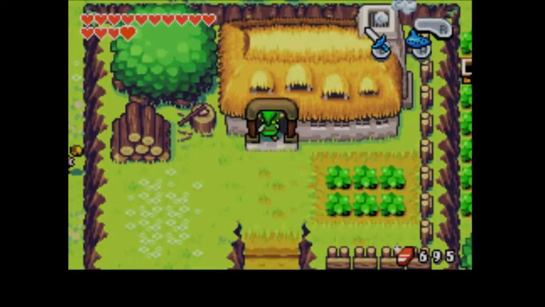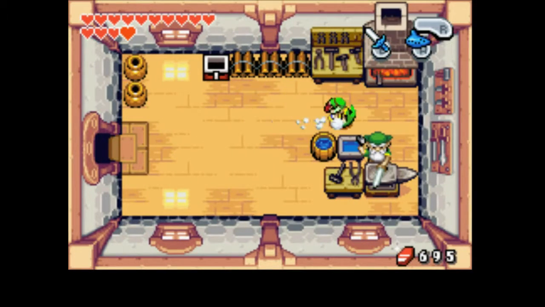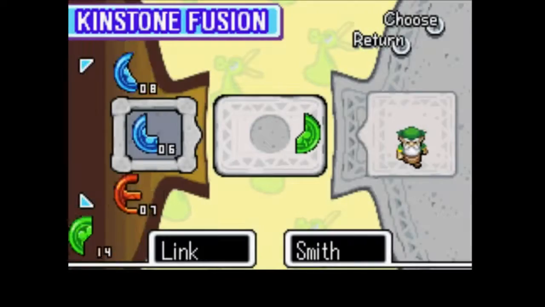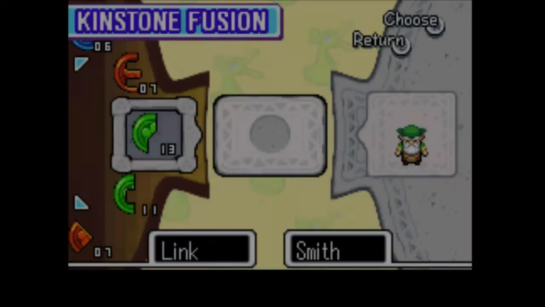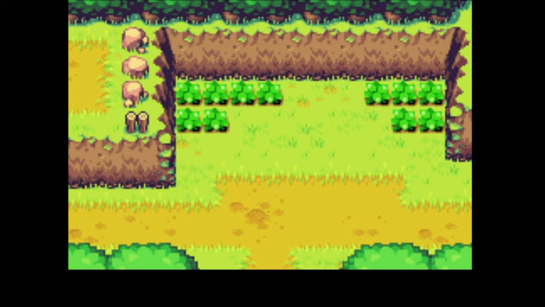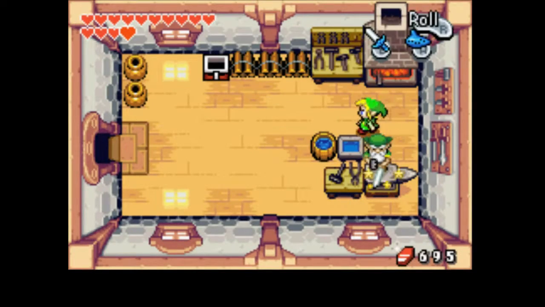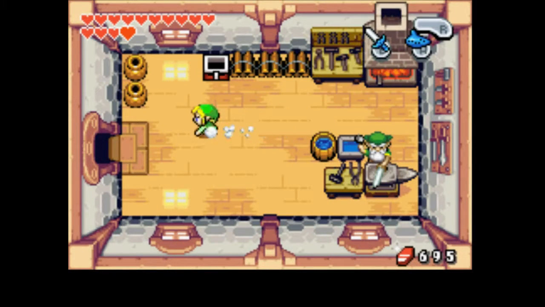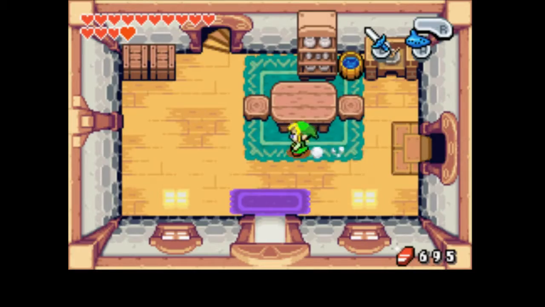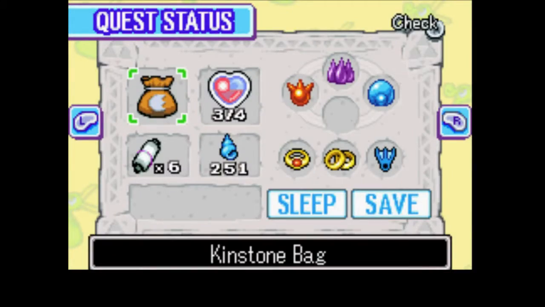And then we're going to go to Lake Hylia, because I know there's a couple of things in the Minish Woods area that we have not actually done. But, see, we can fuse Kinstones with him again. There we go. Yeah, look how many of these two types we have. 13 and 11. But only one. We had, like, one of that V-notch. We might have more now. So that's up in the Trilby Highlands. We'll probably want to go there at some point. Let's check our Kinstone bag. Yeah, I don't have any of the V-notch. That's kind of sad. Alright, let's see. So, we've got...